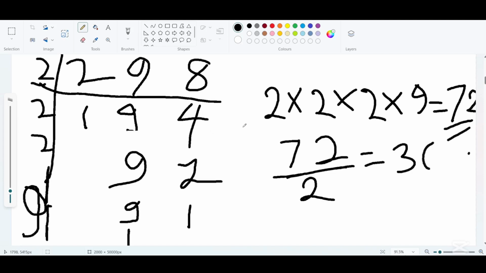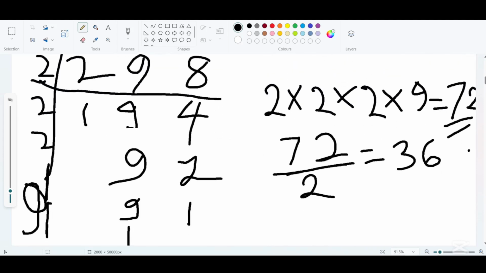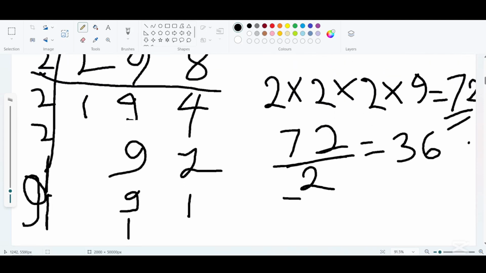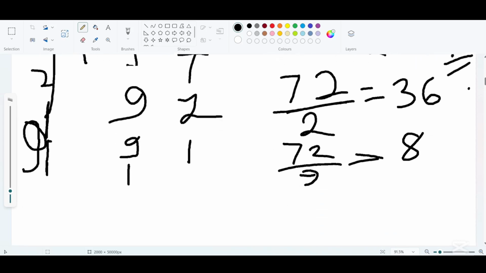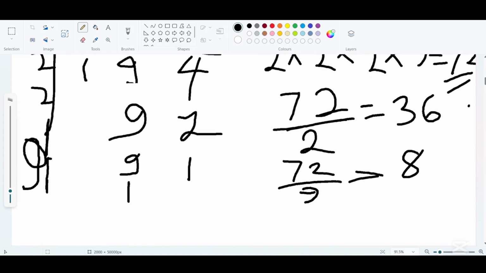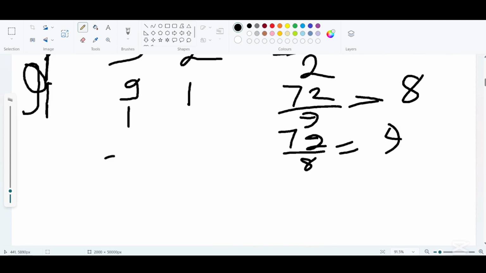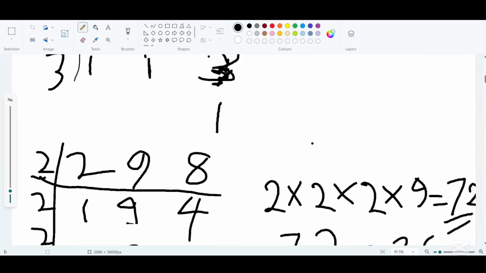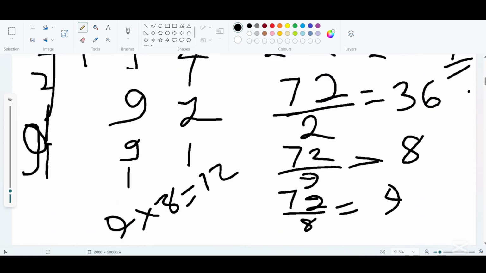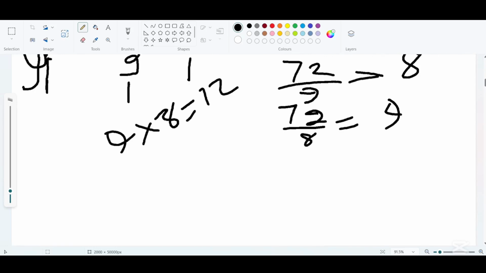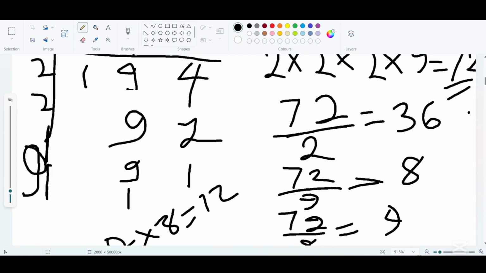If we say 72 divided by 9, what's going to be the answer? It's going to be 8, right? Also, if you use 72 divided by 8, what's going to be the answer? It's going to be 9, because we already know that 9 times 8 will give us 72. So that's why we are getting all this. So these numbers that we see here, the multiple of it is what we're going to